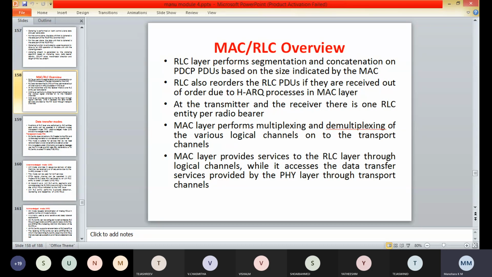In the transparent mode, only RRC messages such as the broadcast system information message and the paging messages use it. TM mode is not used for user plane data transmission. The RLC data PDU delivered by the TM RLC entity is called the TMD PDU.